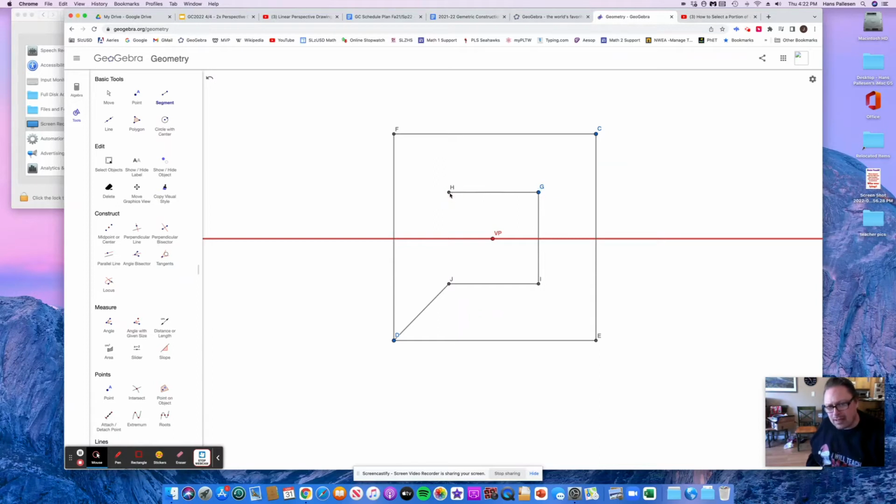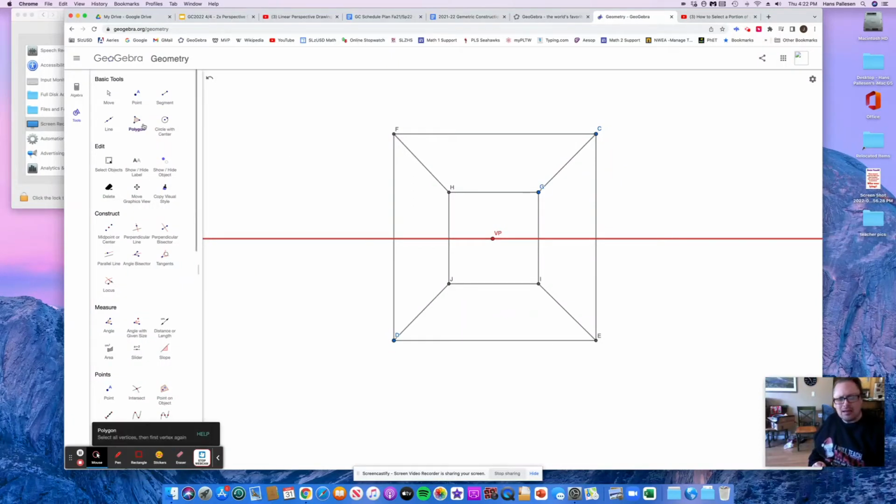Then we'll connect the inner one. And we'll connect those corners. Okay, so here's the picture of our cube. Now I'm going to try and color this with our